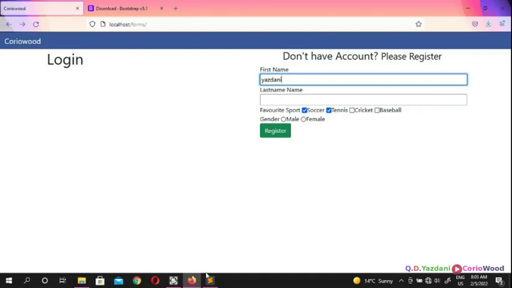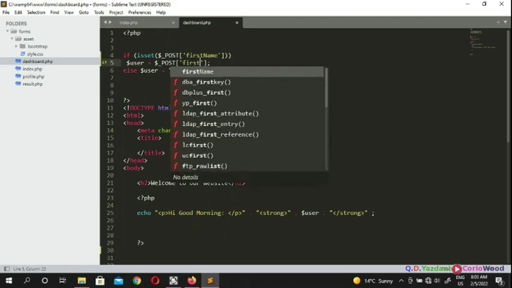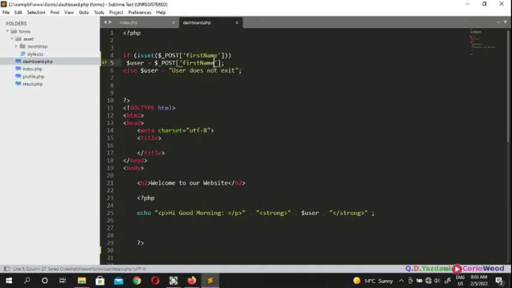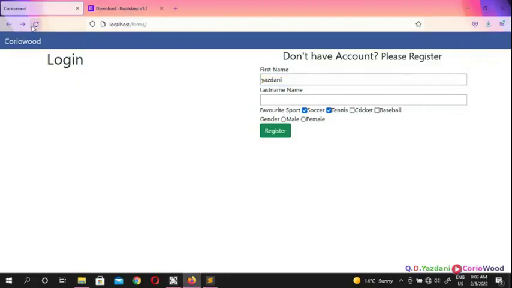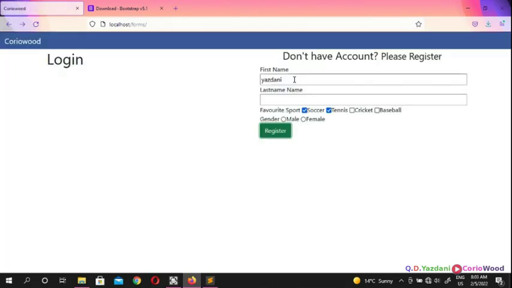We change the name of this one, so this one's no longer user, but say, your first name, and this one's going to be first name. Okay, so now the two is first name and first name, and if we do this one, we're going to get Yazdani because it's a first name. The first name value is there, the last name value is not there. It doesn't matter, but because every website has a first name and last name, a password and email, which I'm going to show you guys later,